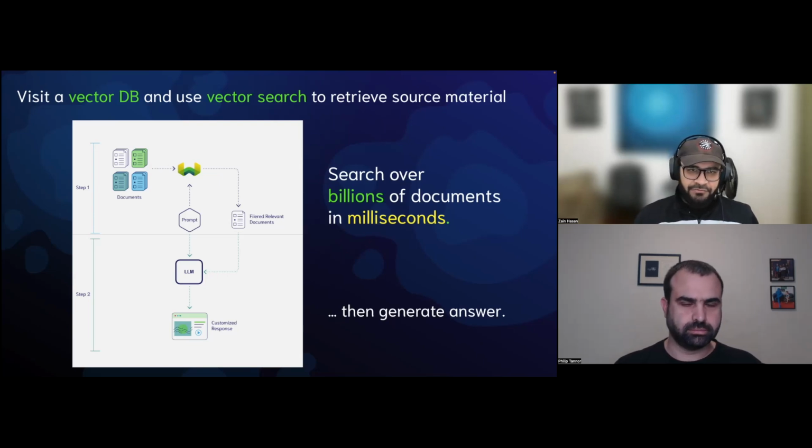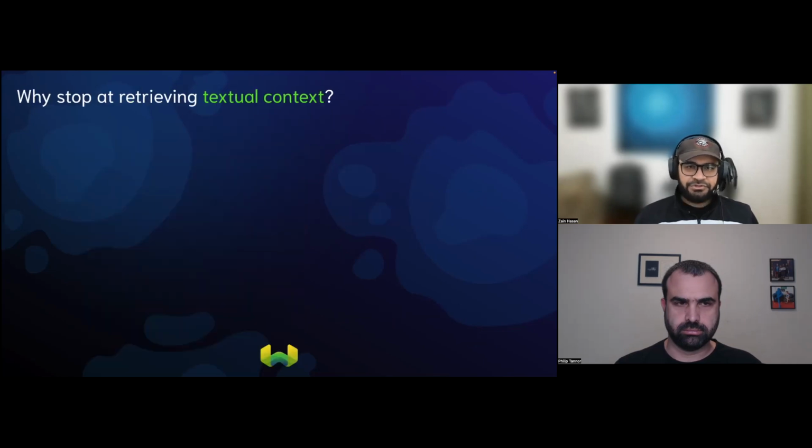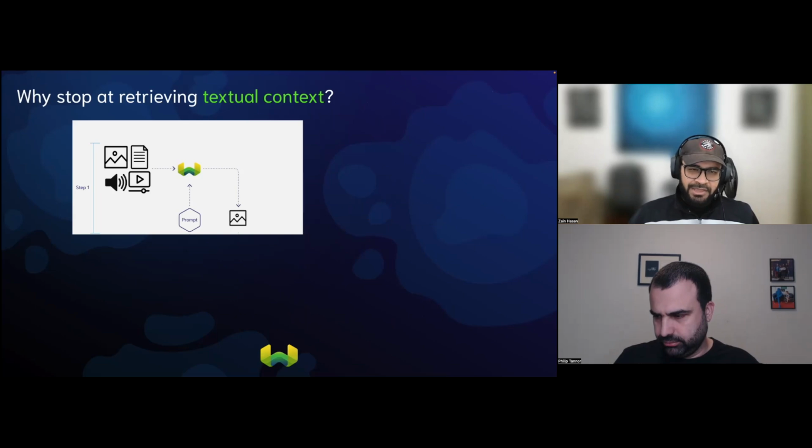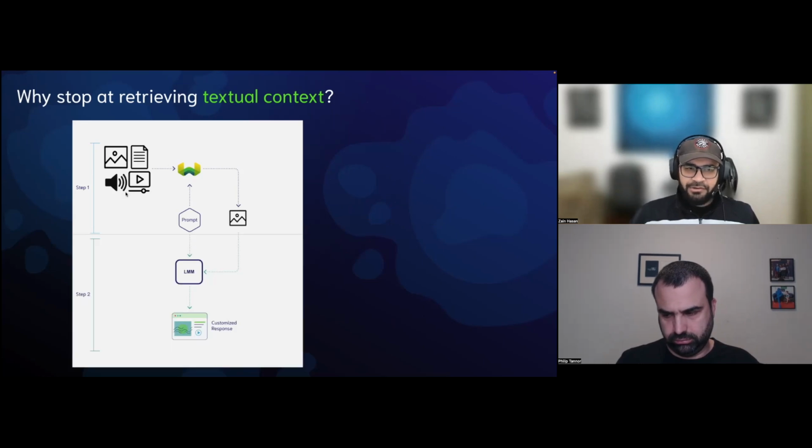So this is the RAG use case, but a lot of people are now asking this question. If our knowledge bases can handle more than text and our reasoning engines, our language models, and our multimodal models, the generative models, can handle a lot more than text, why should we just stop at retrieving text? Right? We can go ahead and retrieve anything. We can retrieve videos, audio files using vector databases that can store them.